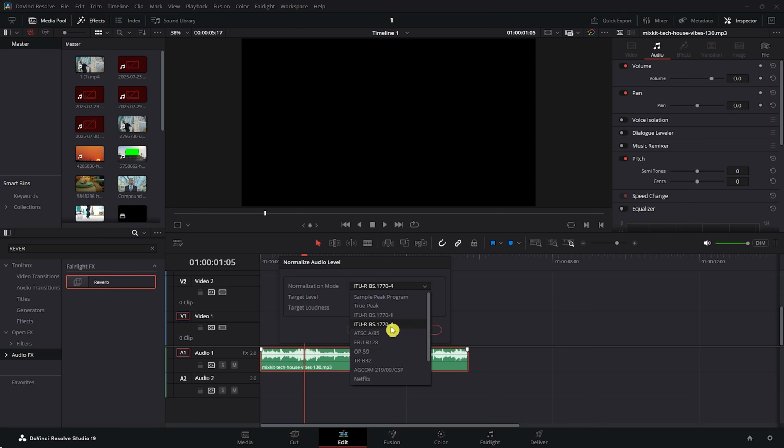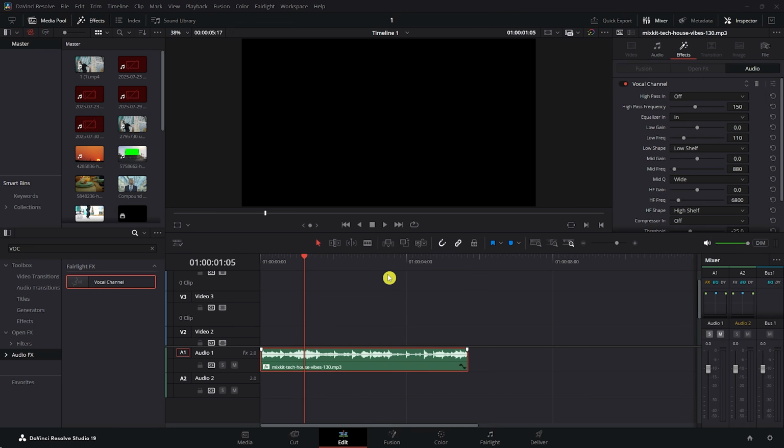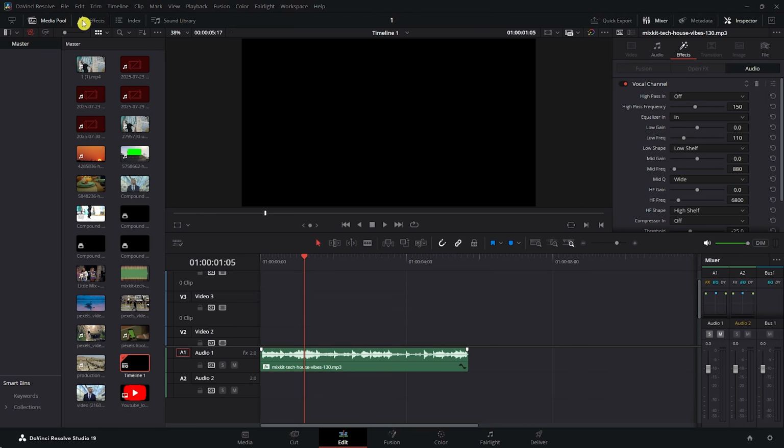ITU-R BS.1770-4. And then you want to go into target level, make sure it's -3, and then target loudness is -15. Click on normalize. And now, once it is normalized, you want to go in here into the effects tab right